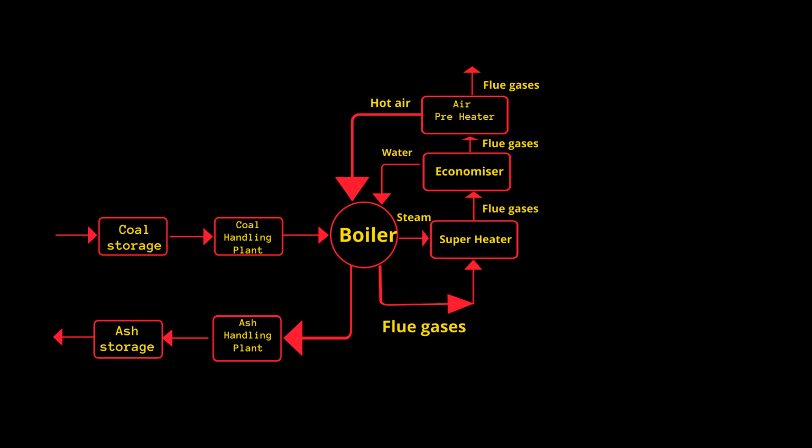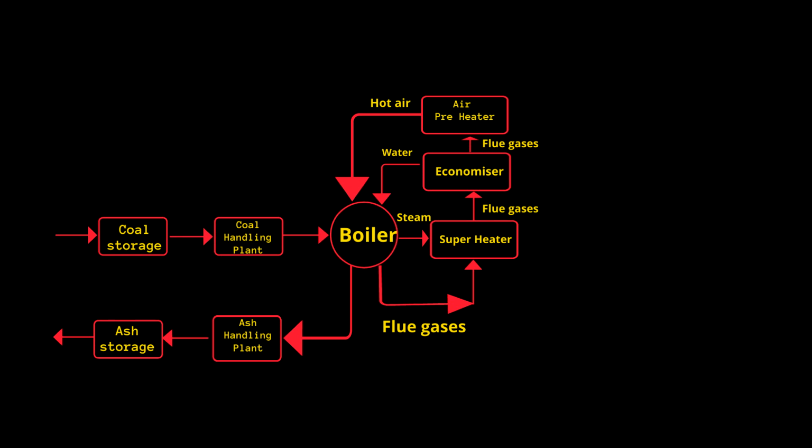In the superheater, steam is superheated by taking heat from flue gases. In the economizer, the water is heated further by absorbing heat from flue gases. And in the air preheater, air becomes hot by absorbing heat from flue gases. The main thing to note here is that there will be no physical contact between these things and the flue gases. These flue gases will be passed through separate channels where they will not have any physical contact with steam, water and air.